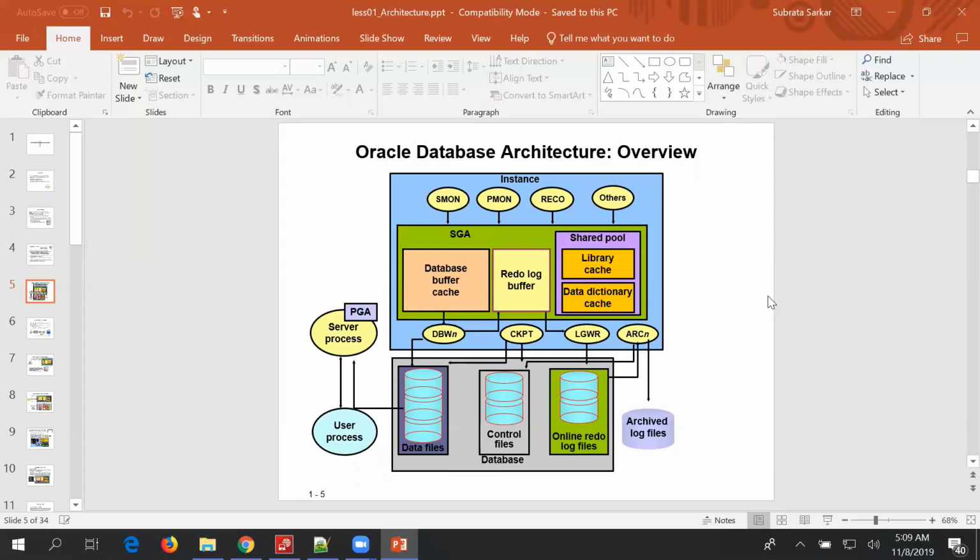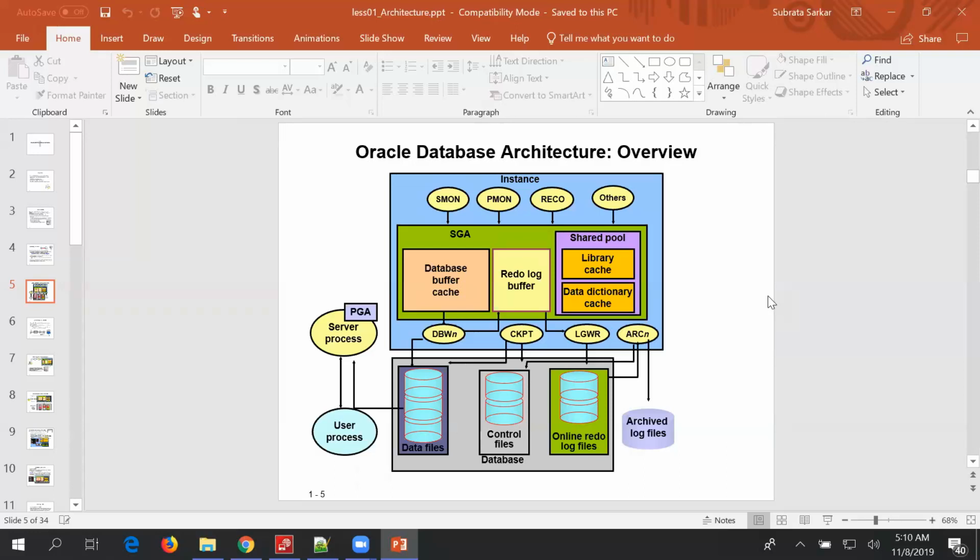In addition to SGA, there is a small memory area associated with each server process, which is known as PGA, Program Global Area. And there are many background processes like SMON, PMON, RECO, DBWR, CKPT, LGWR, ARCn, and a few others as well.